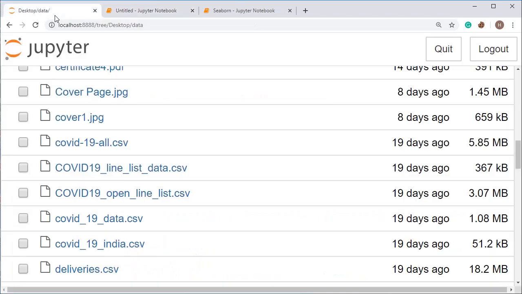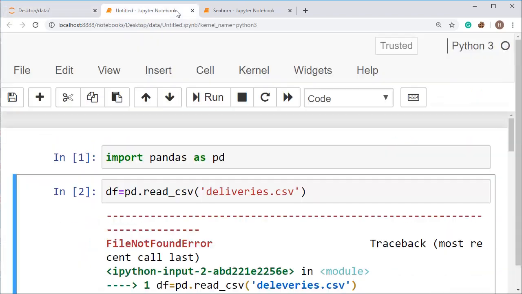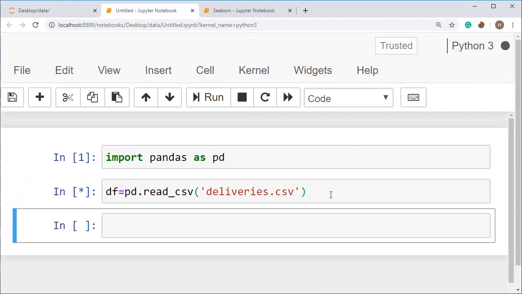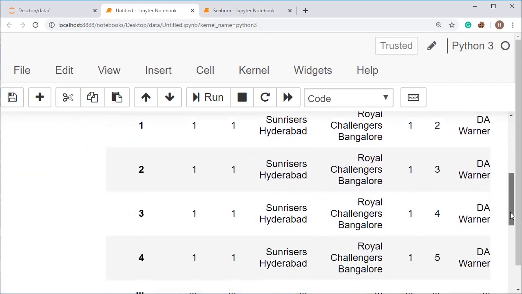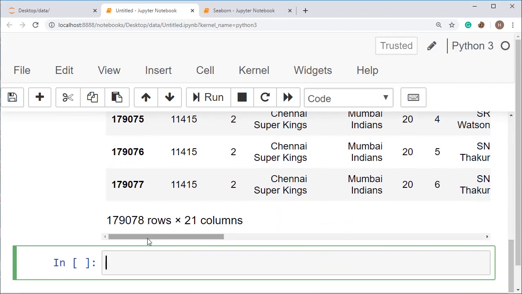Now the names match, so when you run this cell, you will not get any error. And when you see the star mark has been converted to a number, then your data has been loaded. Now you can see the data here, which is our data in CSV format.